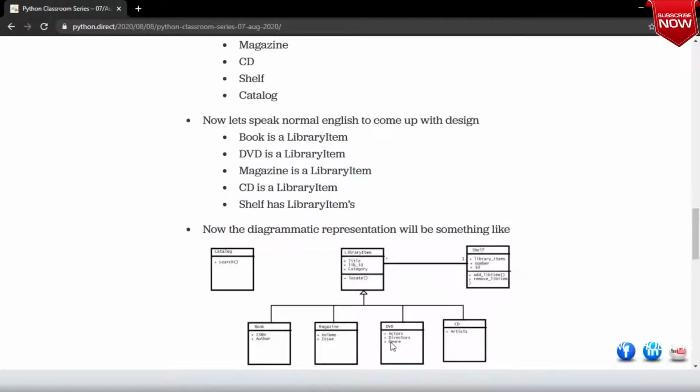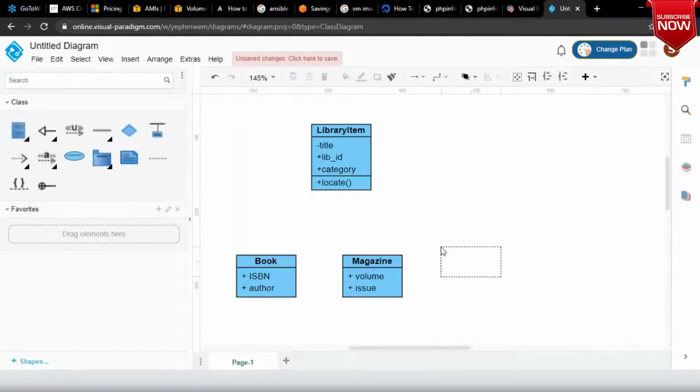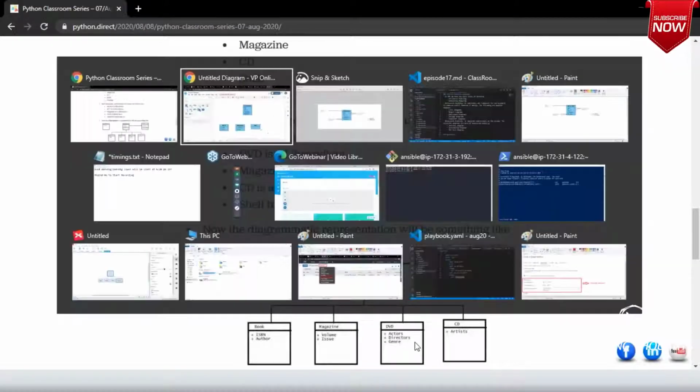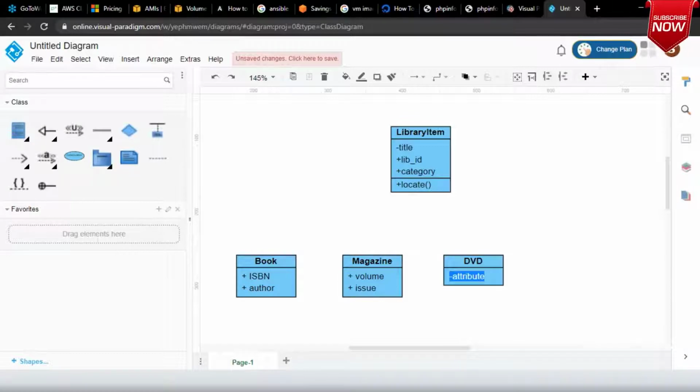Then we have said DVD and CD. So let me add DVDs. Let me move it to the center. This is DVD. In the DVD, we have said that we will be having actors, directors, and genre.